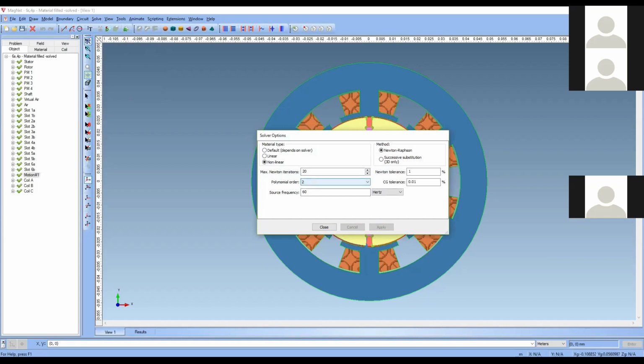You can take the default, or if you want smooth and fine results, you can give more values. I have taken all the default values only; I have not changed any value. The method I am going to solve with is Newton-Raphson. If you want to do 3D analysis, you go for the successive substitution method. In 3D you can also go with Newton-Raphson, no problem, but for fine results only.